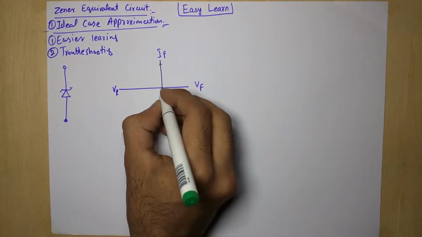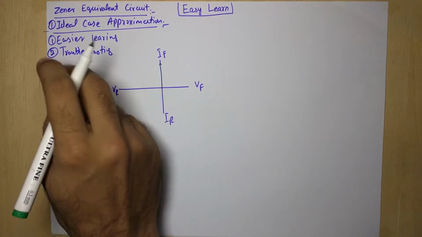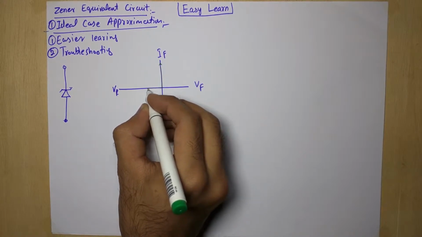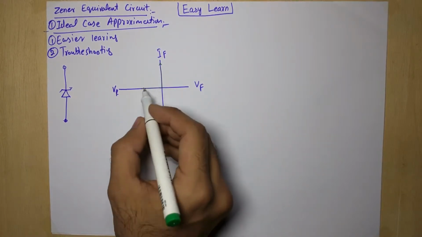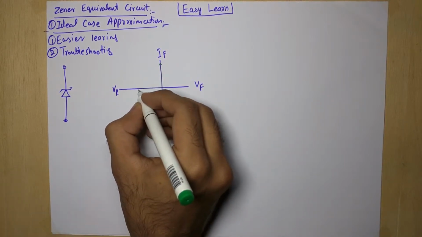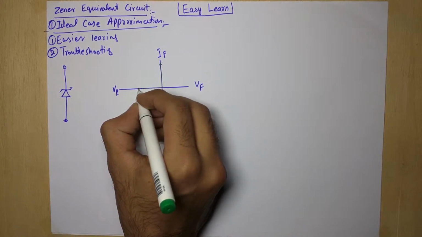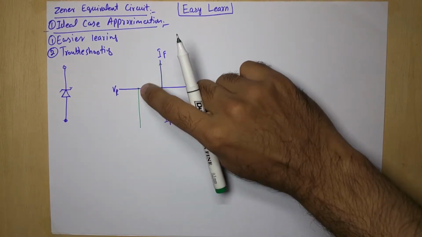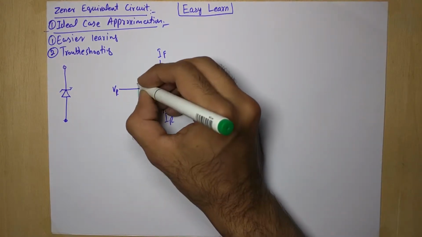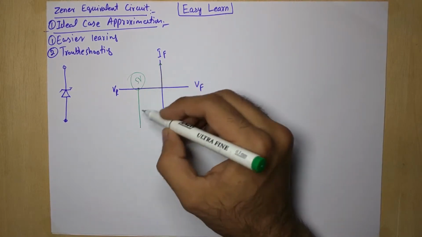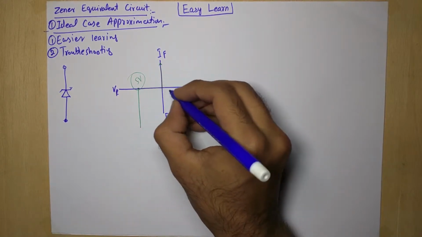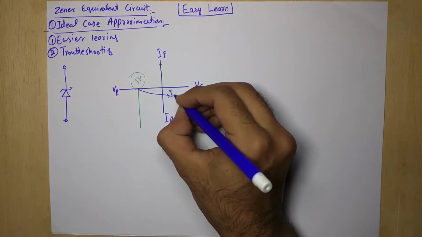When we are in the reverse bias case, there is no voltage drop, because we are in the ideal case. So in reverse bias, this looks like this. No voltage drop, and no resistance to current right now. But after the knee of this curve, it is straight like this, and there is no voltage variation, it's totally regulated voltage. For example, if it is 5 volts, a 5 volt regulator will give 100% 5 volts, no change, even if current changes. This is I_Z knee, that we had discussed in the previous videos,